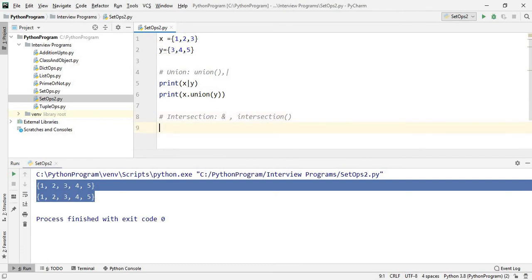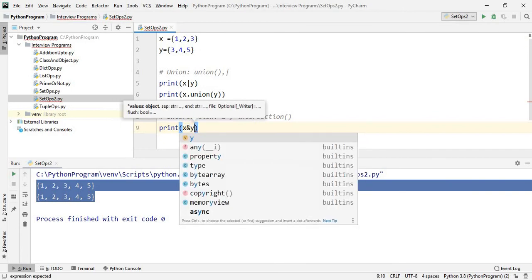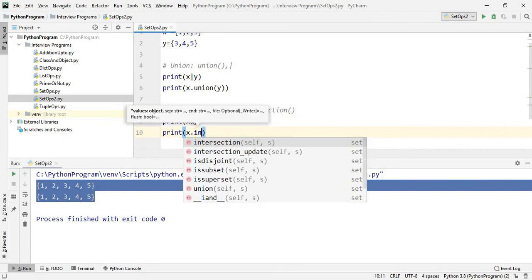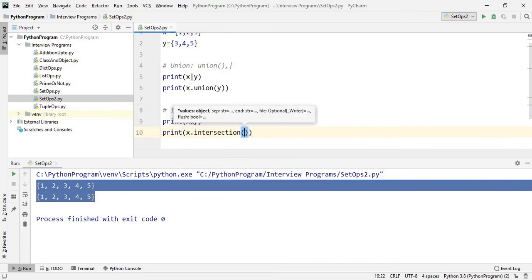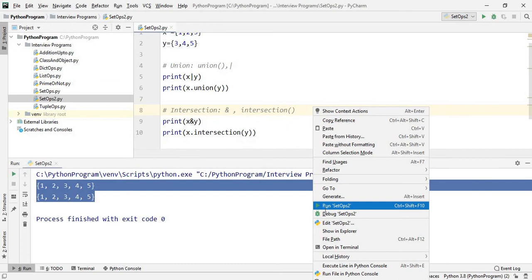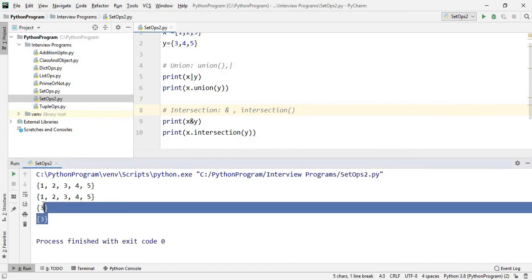So let's print x and y, and print x dot intersection y. See the output: 3 is common in both, so intersection will provide the common element only.